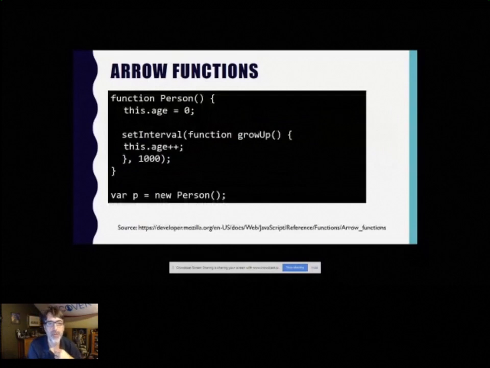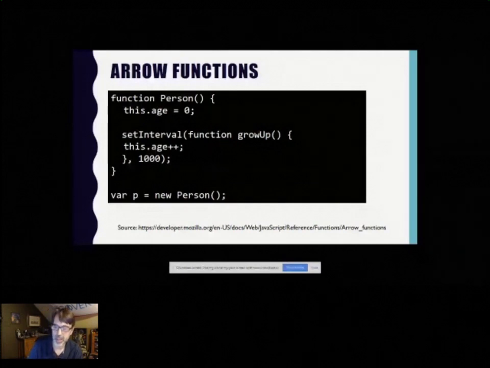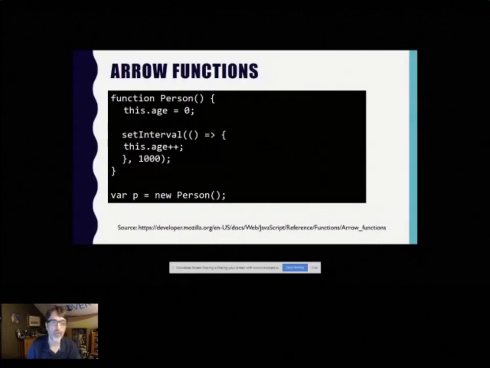The other issue it handles very well is the this scope problem. I'm going to steal an example from the Mozilla Developer Network. If you run this code on screen here, what's going to happen is that this.age will not be scoped to the age in the person object. If you look at p over time, it's never going to change. Literally just switching to an arrow function automatically fixes it. If you've ever seen anyone do something like that.x equals this.x, they're fixing a problem that arrow functions now fix baked in.